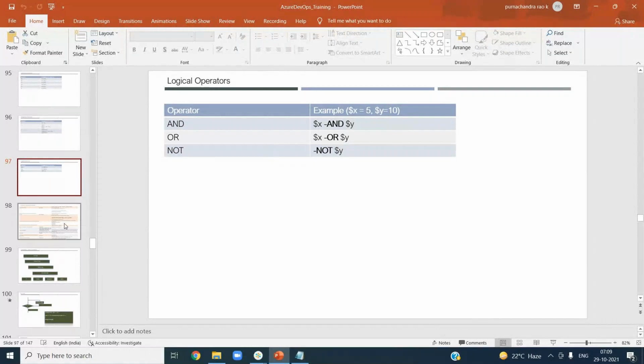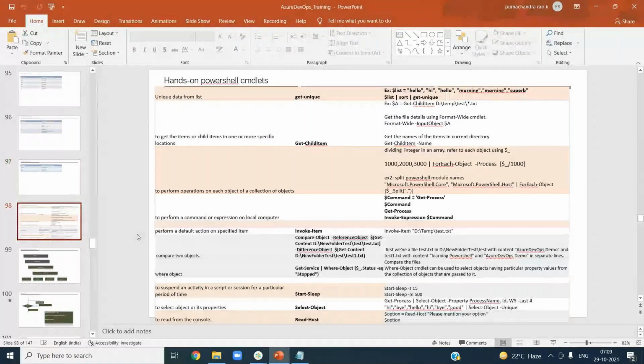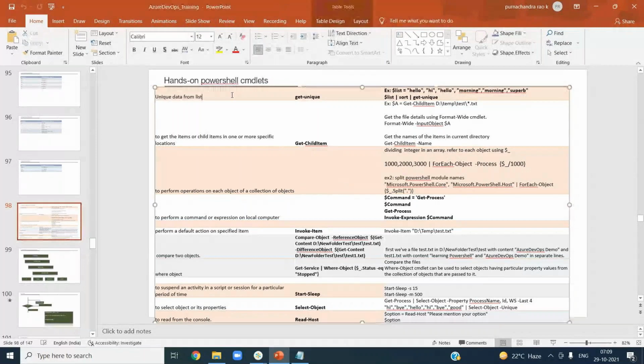Let us see today some frequently used commands in PowerShell or in any scripting language or any programming language basically. Once we see these commands, then we will go to the syntax and semantics.